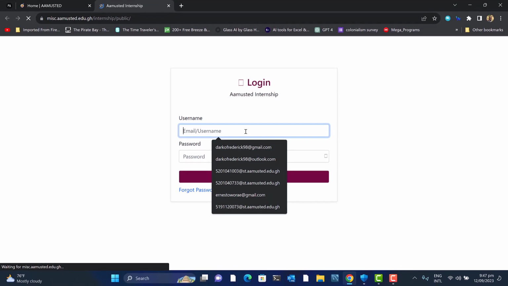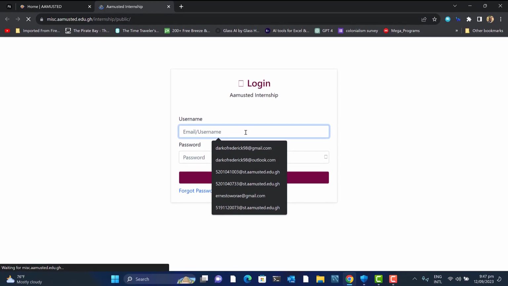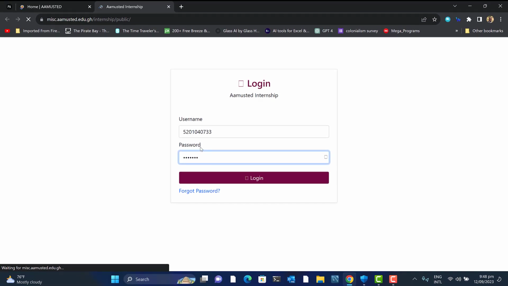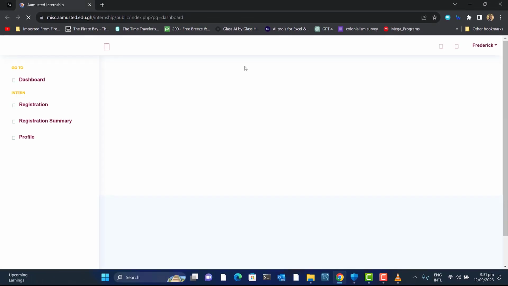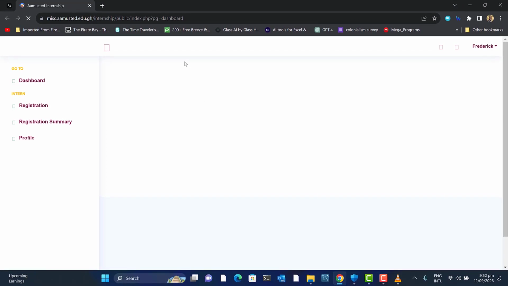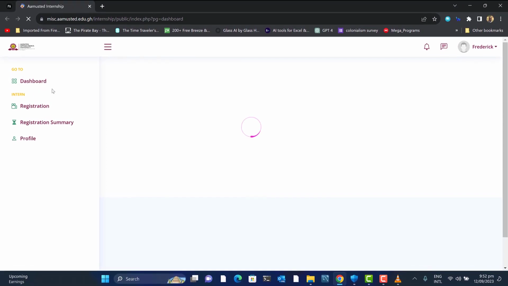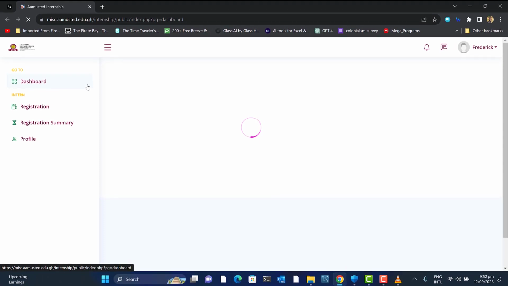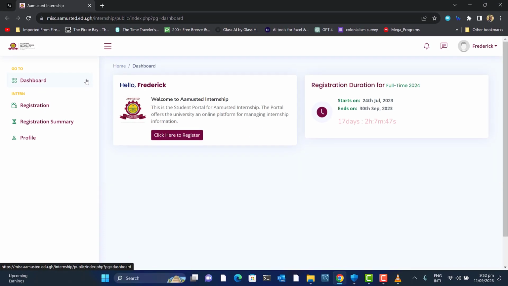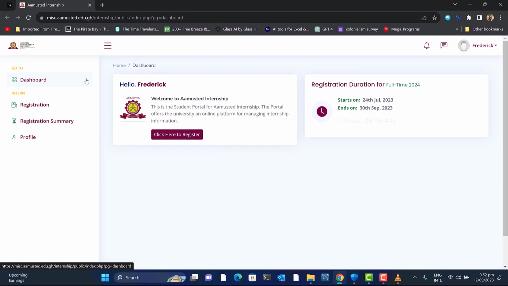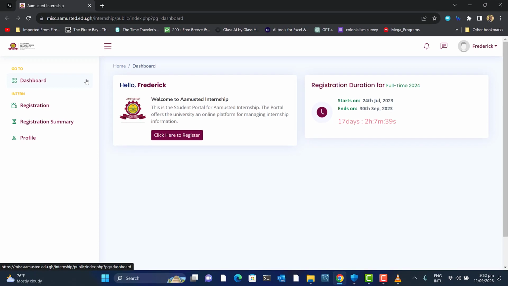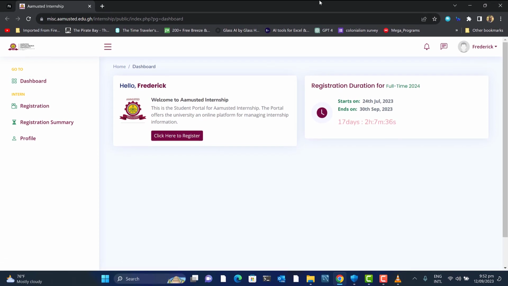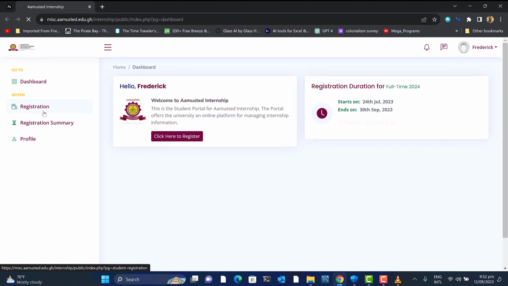You log in with your index number. By default, your index and the username will be the same. So once you log in with your index number, the password that you must enter should be the same as your index number, but you can later change it, just as I have done. So you click on register,